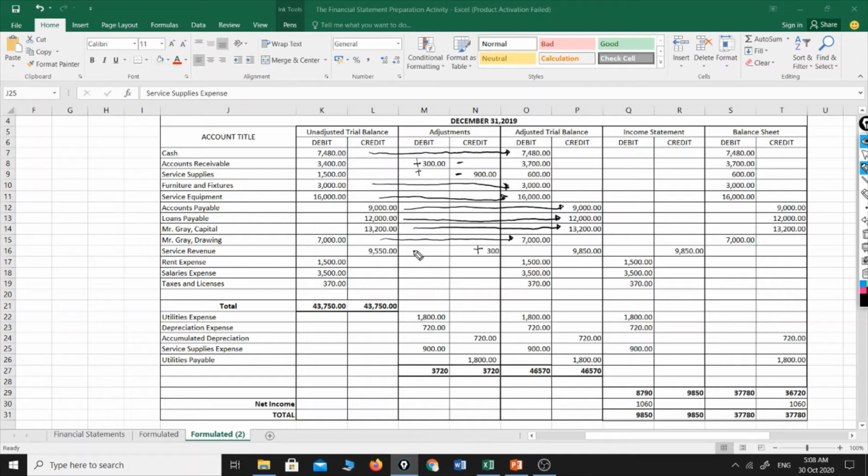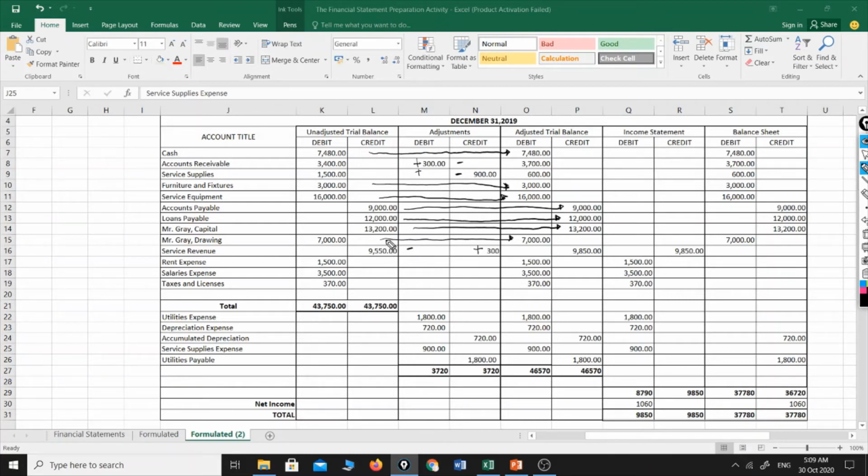If it is debited, of course, the opposite, it is a decrease. Okay, can you follow? Again, if it is on its normal balance, it should be added. If it's not on its normal balance, then subtract. As you can see, our adjustment related to service revenue is a credit, meaning normal balance, so it is an addition. So we have initially an amount of 9,550